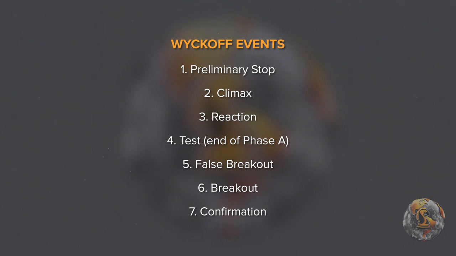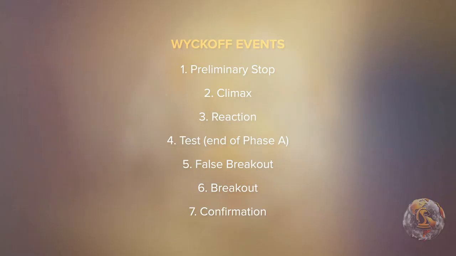So you know what they are, but now you're going to find out exactly how and when to trade each event, right? In this lesson, I'm going to cover the first 5, which all together form the Wyckoff structures that we know and love. And the last 2, which are at the end of the structure, the breakout and the confirmation, are going to have their own lesson, and it'll be the very next lesson, of course, as they need much more in-depth explanation, because that's when you shift out of a range and into a trend. So we're going to deal with 1 to 5 here, starting, of course, with the preliminary stop.